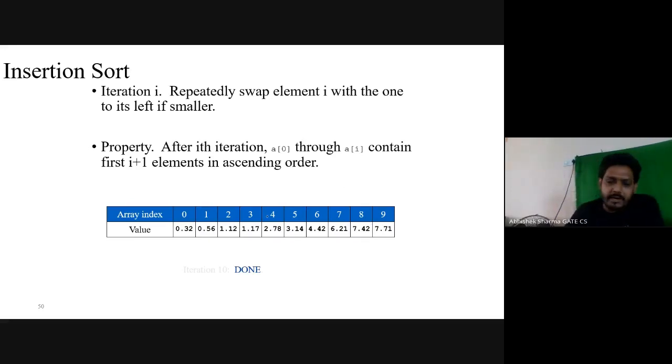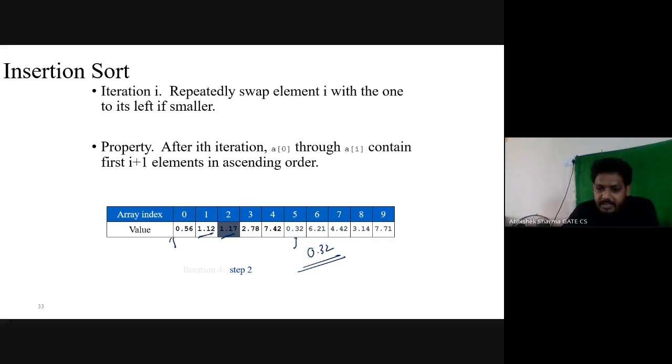Now suppose I start from here, let's say 0.32. When I start comparing, I will insert this 0.32 in its correct position, and what is the correct position? Here.